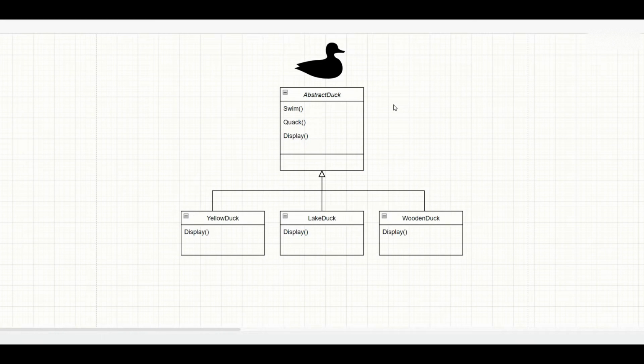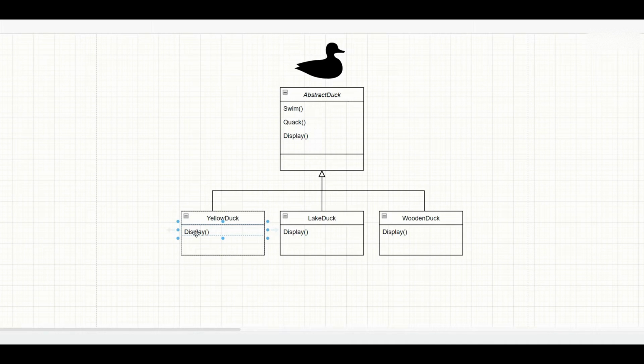So when we're creating a class diagram, we can create it like this, where we have an abstract duck class, where we have a full implementation of swim and quack function, and all our concrete child duck classes will inherit these functions,